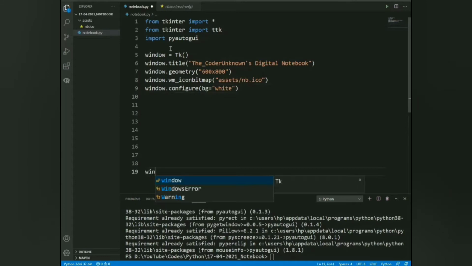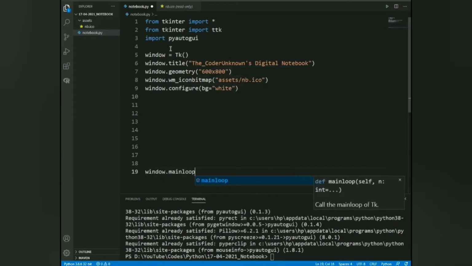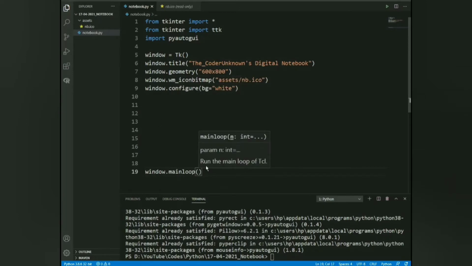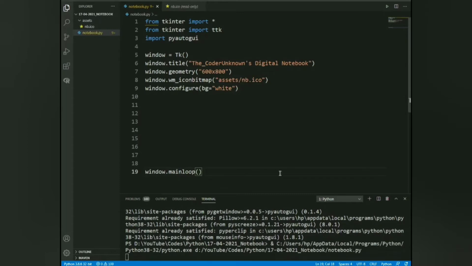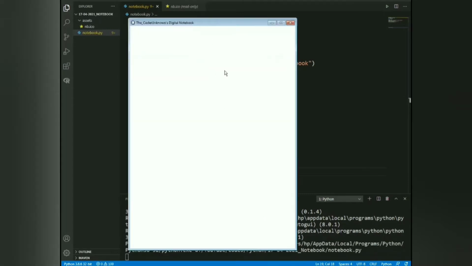Now let's run our GUI in the main loop. Now let's try running this code. You can see that a simple GUI is made with all the parameters which we have given to it.